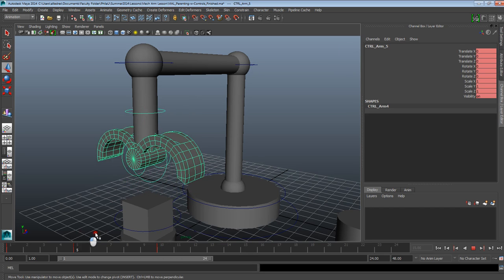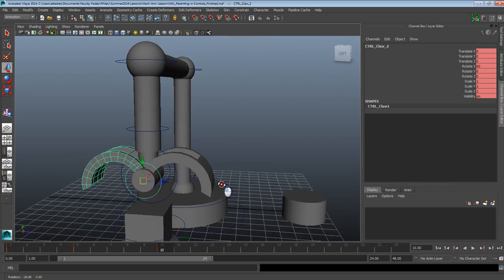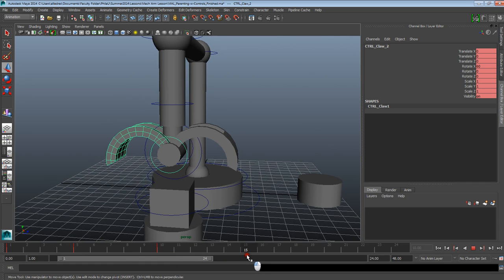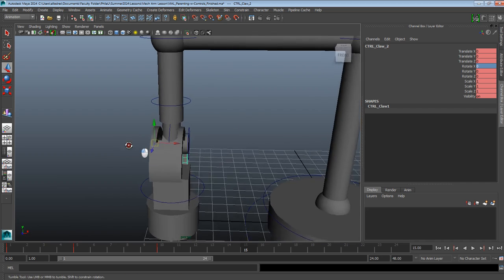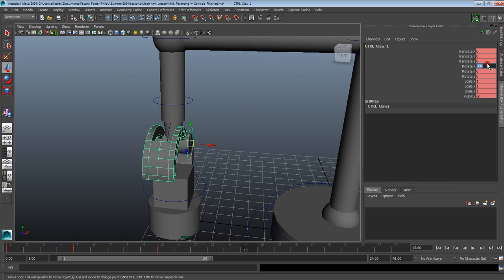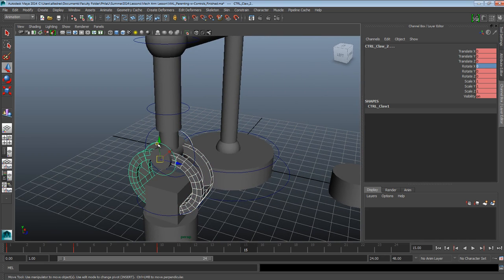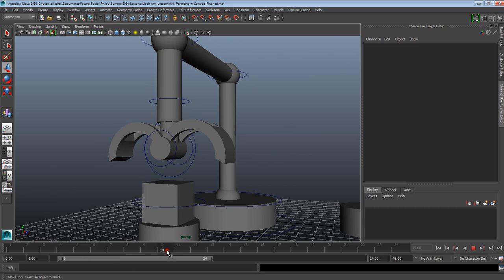So here, and then it closes. Oh, I didn't set a keyframe for the claws closing. So again, make sure that you're doing that, otherwise the movements are not going to be animated. So let's just bring this back to 0. I'm going to select both controls, and I'm going to click on S, and it's going to set a keyframe here. Alright, so if I scroll in my timeline, come here, 5, then at 10 goes down, then at 15